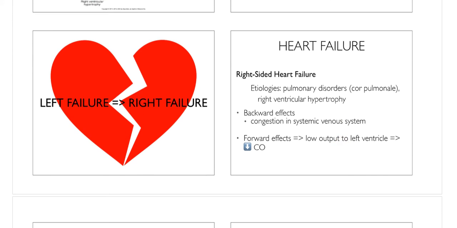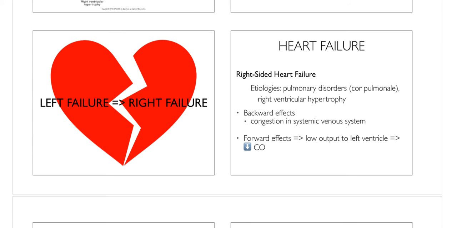And again, left-sided heart failure is the most common cause of right-sided heart failure. But that doesn't mean we don't have other ways in which we can develop right-sided heart failure. So with right-sided heart failure, another option is what's called cor pulmonale. Cor pulmonale is the development of right-sided heart failure as a response to pulmonary disease. So for example,